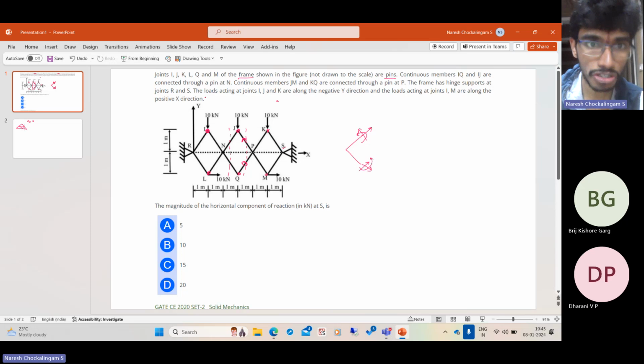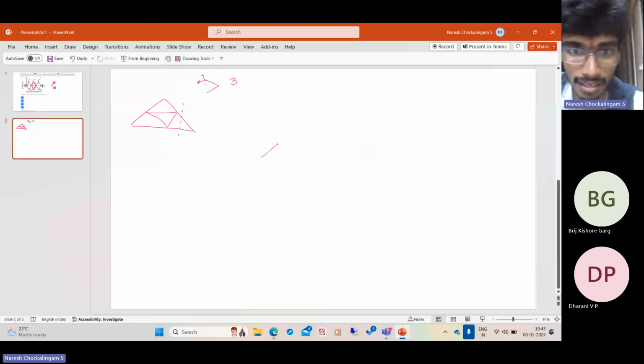Actually, another issue with the question is what people have assumed at this point. So we'll look at it also. So this is what happens when we are not careful with the assumptions. So let me draw a better view of these. So the joints I, J, L, K are pin connected. So this looks something like